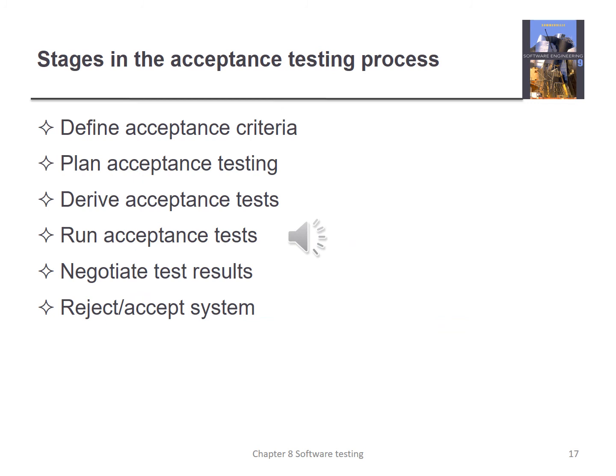Well, stages of acceptance testing, as we saw in the diagram. First of all, we define the acceptance criteria. That definition happens early in the process, when we collect requirements, and it is what really makes that requirement pass or not pass. We plan it. We have a plan for acceptance testing to create the test cases, etc. Then we derive the acceptance tests, and we create the test cases in the analysis and design phases. We run all these tests through the implementation phase, and we negotiate again during the